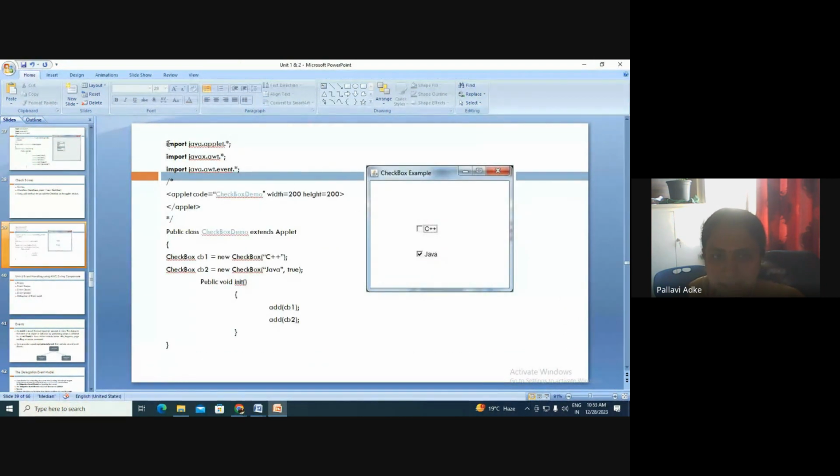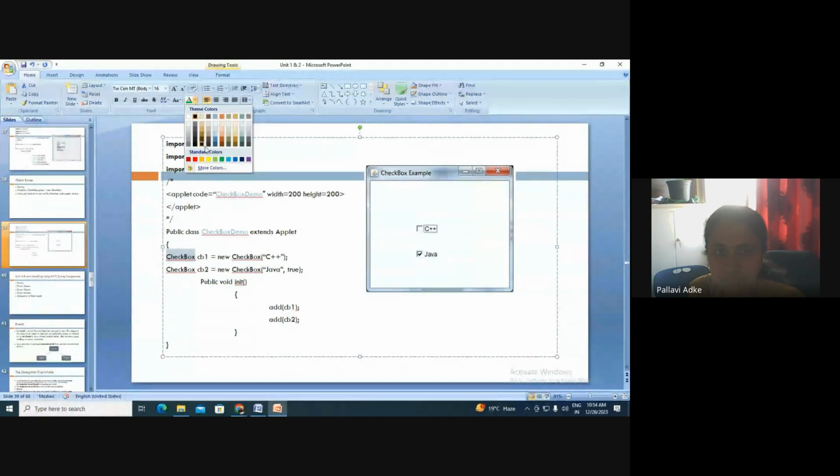So let's see here again the same thing. The three packages I have added. Then write the applet tag. In the applet tag here we have written CheckboxDemo. Then the public class, the same, CheckboxDemo which extends Applet. Then this is the syntax for Checkbox. Here I have created the checkbox object, that is CB1. Then new Checkbox. Here I have created only two checkboxes, C++ and